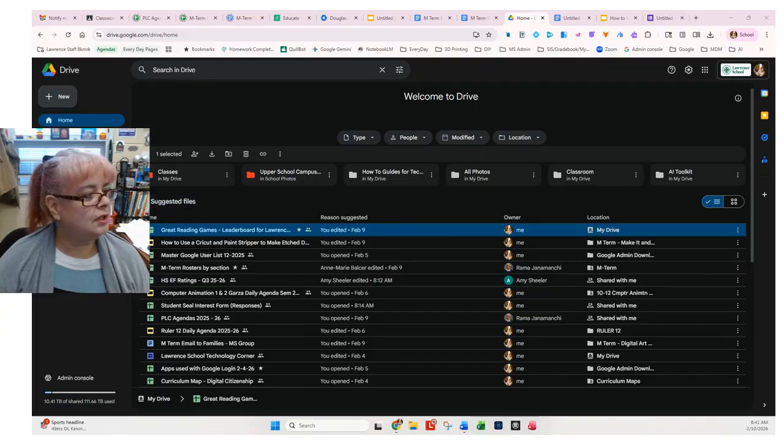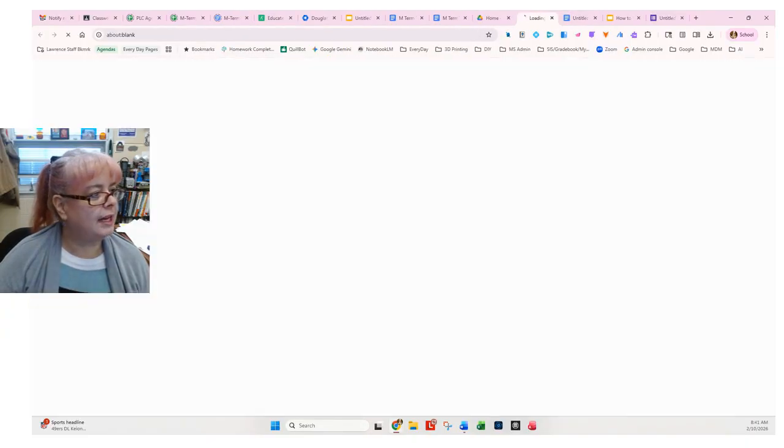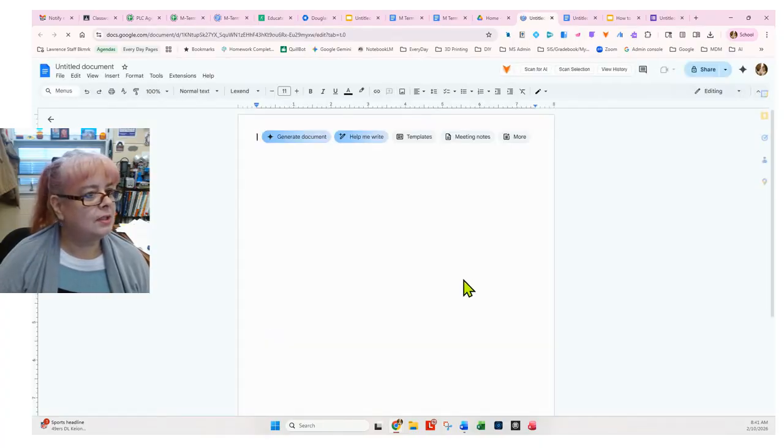So today I'm going to show you some new features that embed Google Gemini directly into Google Docs, Google Forms, and Google Slides. So let's get started. First, if you open a new Google Doc right now, one of the things you'll see